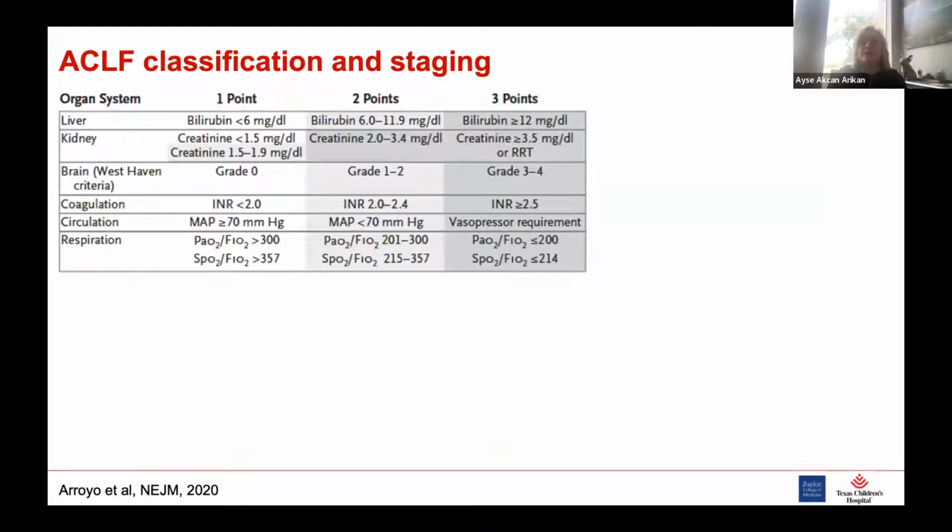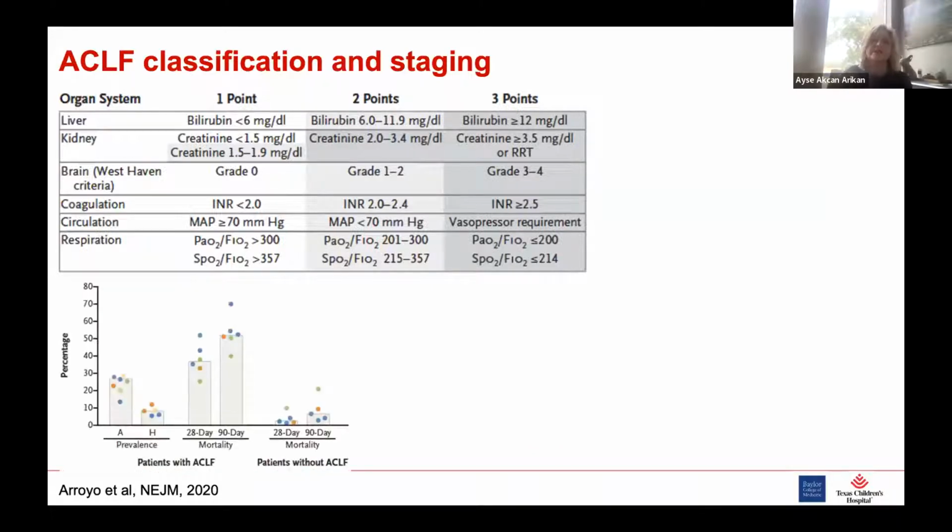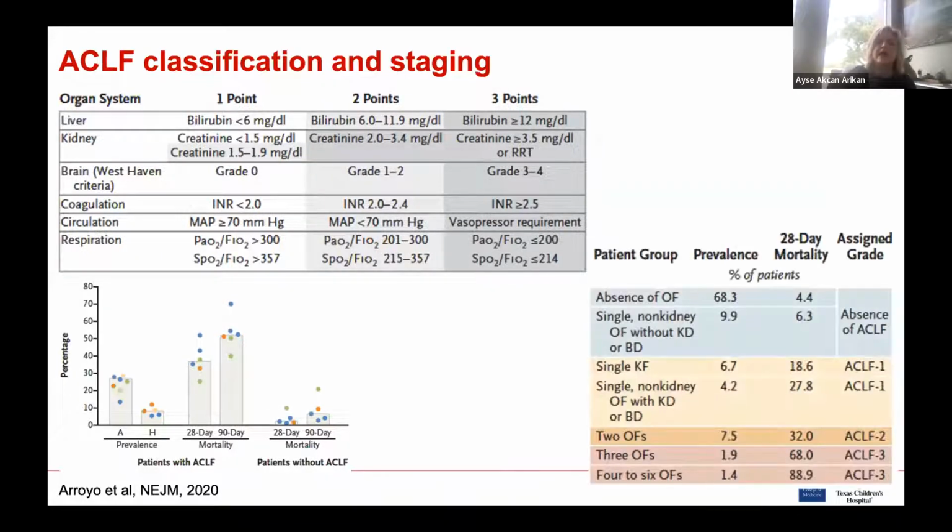I'm going to just spend a moment and show you something. This is really more adult data than anything, but acute on chronic liver failure has very high mortality in adults. And that's the reason the adult physicians are trying to make a distinction between decompensated liver disease and acute on chronic liver failure. I'm showing you that the 28-day mortality and the 90-day mortality for patients who have ACLF is much higher than the patients who don't have ACLF, and the staging of it, even with kidney disease,